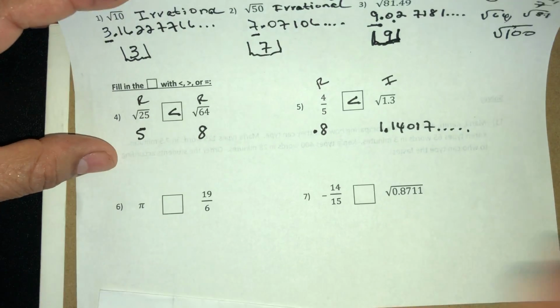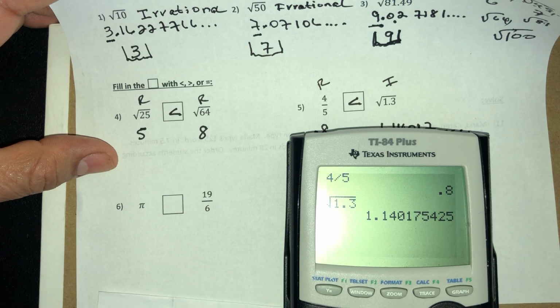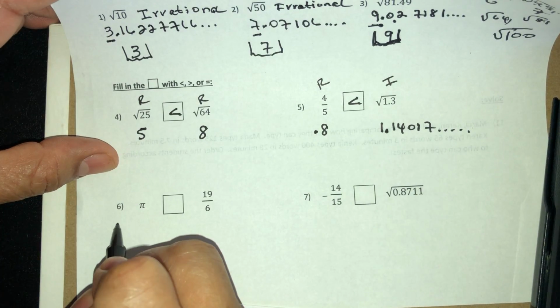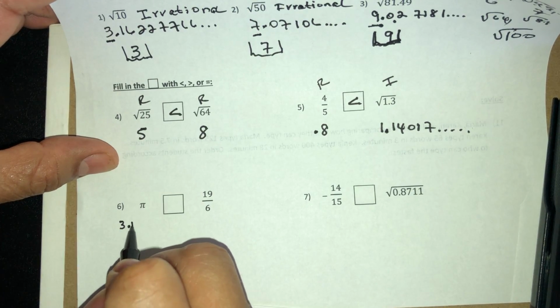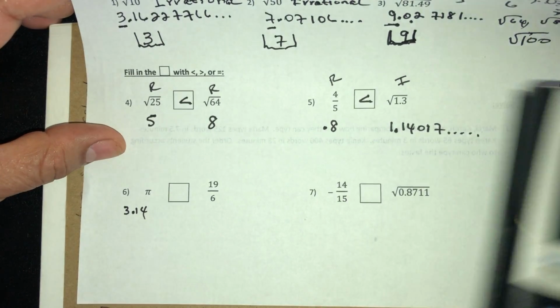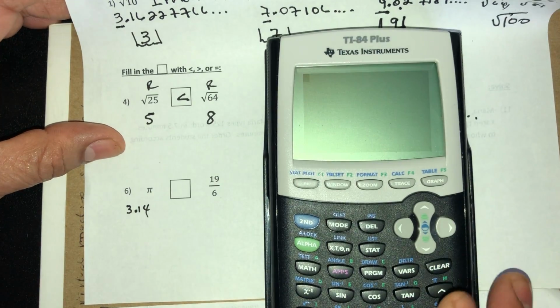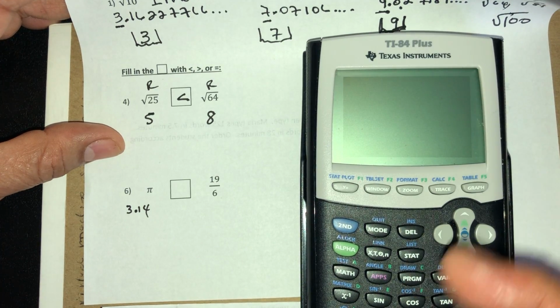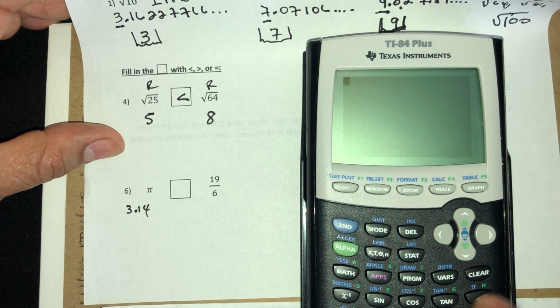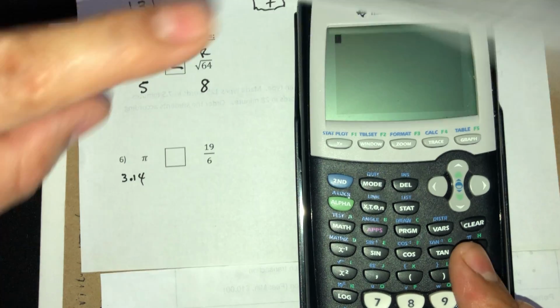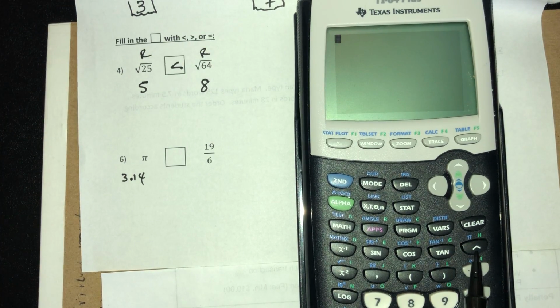Pi. Okay, guys, don't get confused, because everybody thinks that pi is 3.14. No, 3.14 is an approximation that we ask you guys to use. But if you put the symbol of pi in the calculator, look what happens. To put pi, the button is right here. Look, all right,